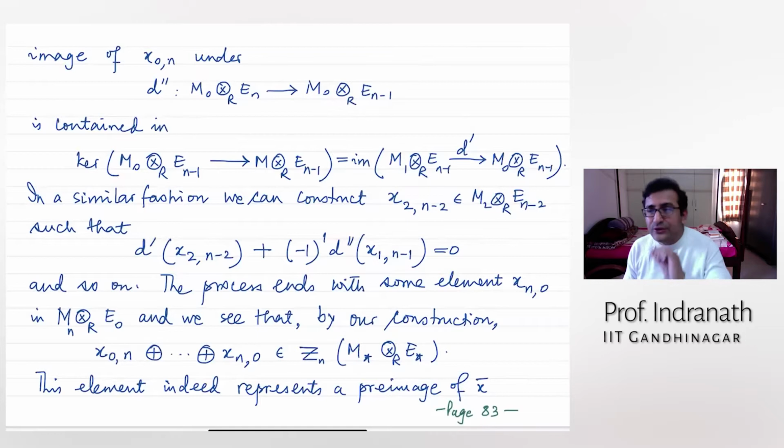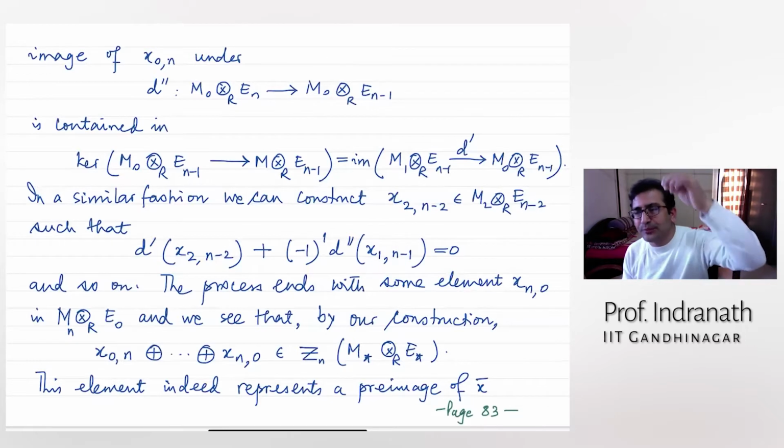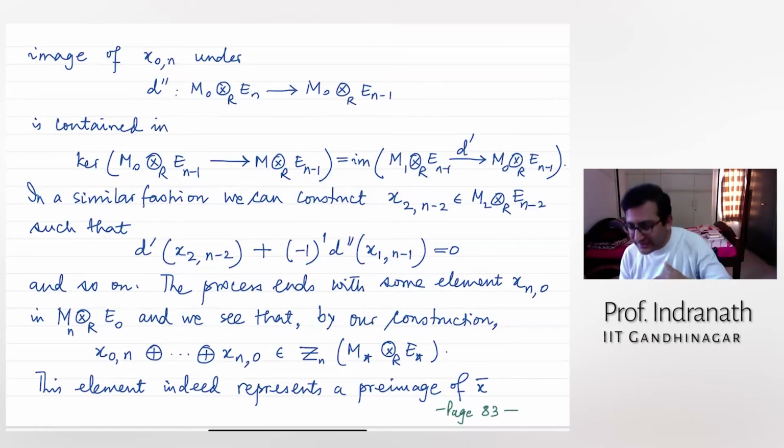Basically every time you go up only when you know that it is not in the kernel. So you have to find a proper element in the kernel of the double complex. That's what. And then you have to come down through the stairs. That's the idea. Okay, so this process ends.